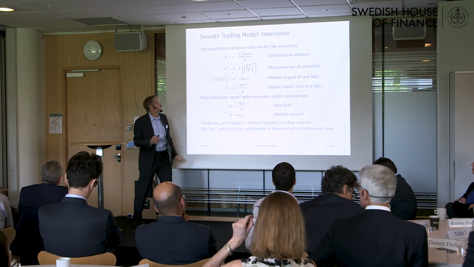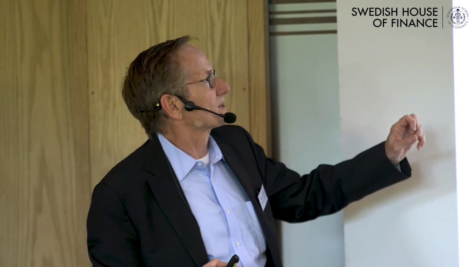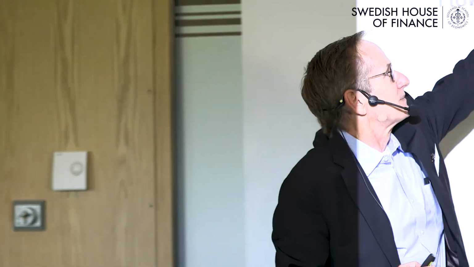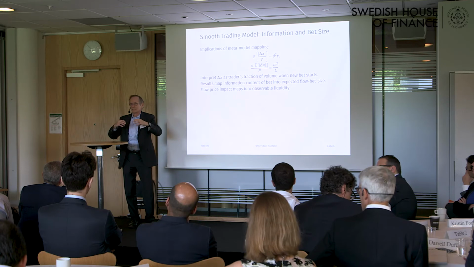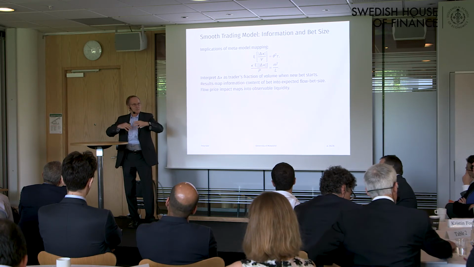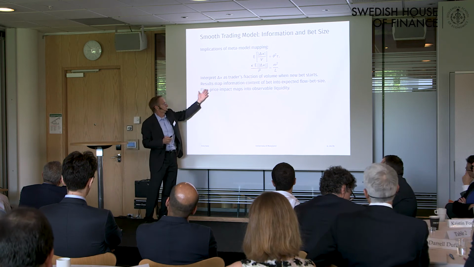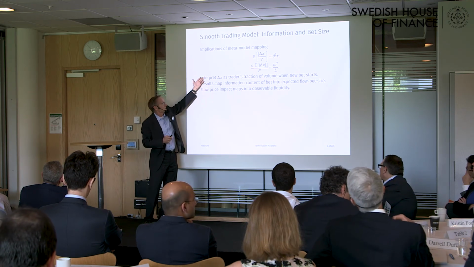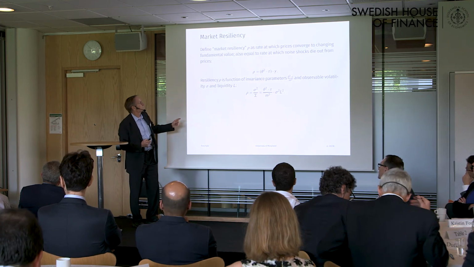And this mapping, again, is kind of a perfect mapping into the model. It winds up connecting the size of bets and their price impact to parameters that measure the informativeness of signals, and so it connects adverse selection directly with this meta model. One of the funny things about the meta model was there was no adverse selection, but here we get some adverse selection in the meta model. So let me skip to the last slide